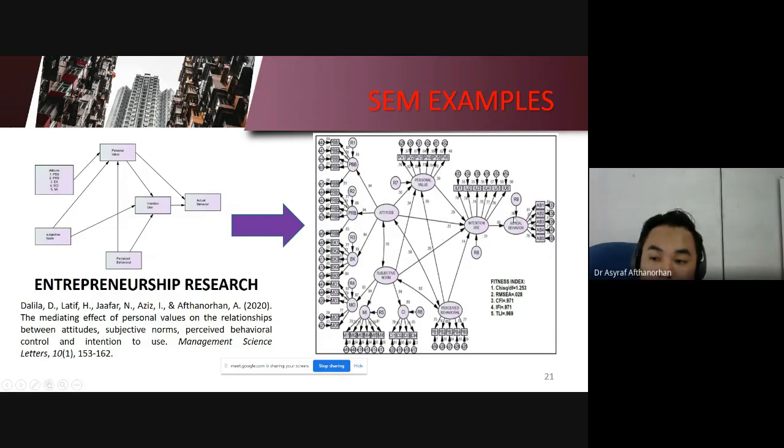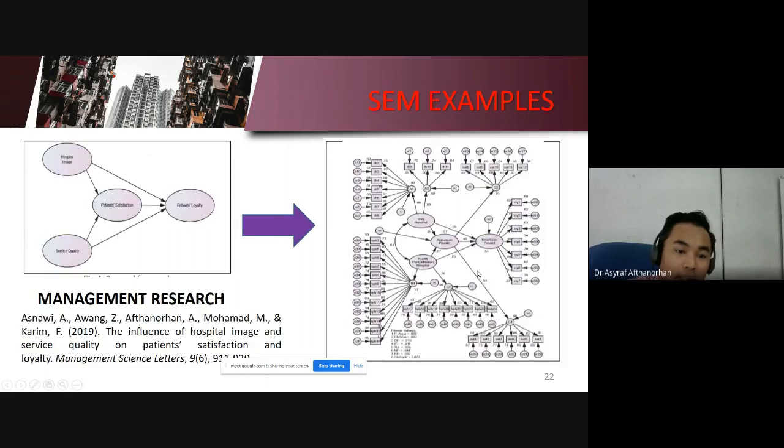Okay, this is the result for the R squared. Okay, factor loading, correlation. Okay, standardized beta regression. Okay, we can get all results in a single model. Okay, this is the example for the management SEM. Okay, management research, hospital image. Because please make sure that we need to identify whether our research is suitable for the